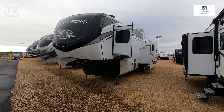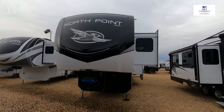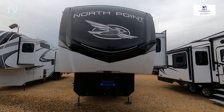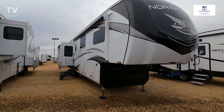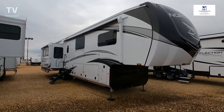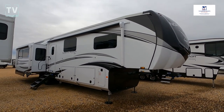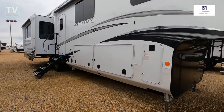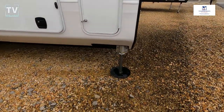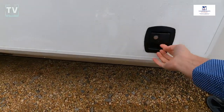Hey, it's Tom Gallagher, the Videopreneur, and take a look at this 2022 Jayco North Point 377 RLBH. This RV is offered by Youngblood RV in Cape Girardeau, Missouri, with a reduced price of 151. Great three-quarter profile shot. The Youngblood contact information is listed below, their URL for both new and used RVs, as we open up